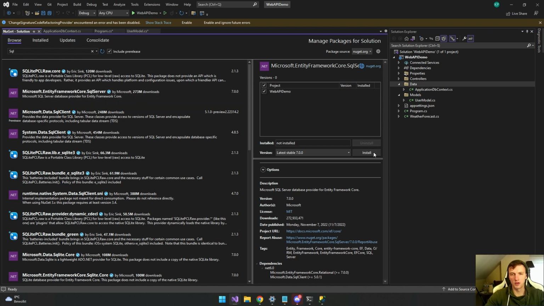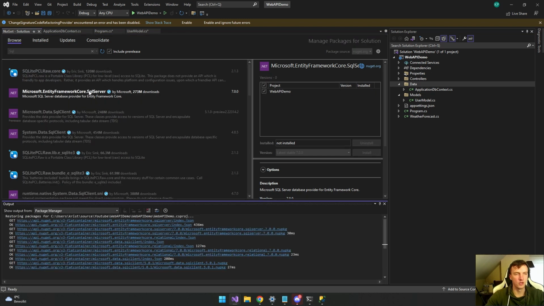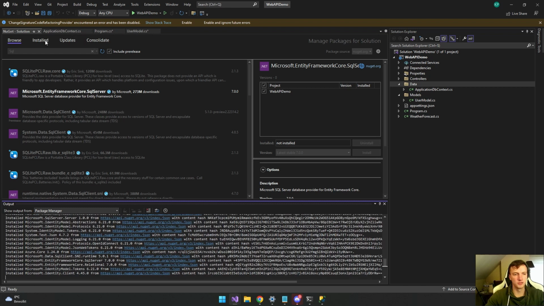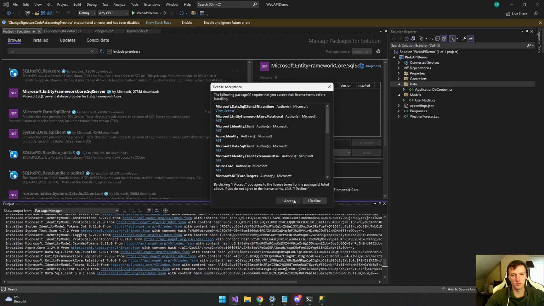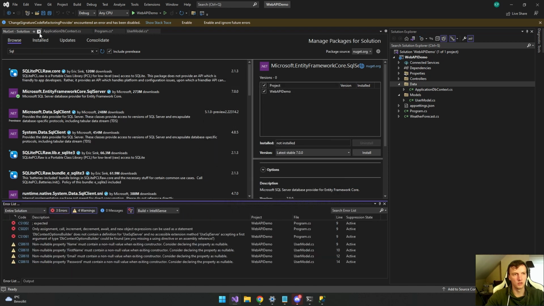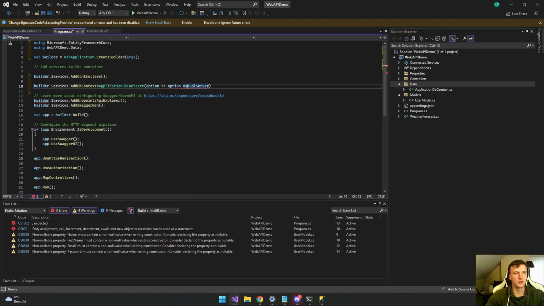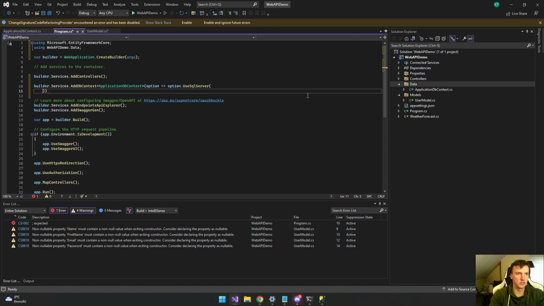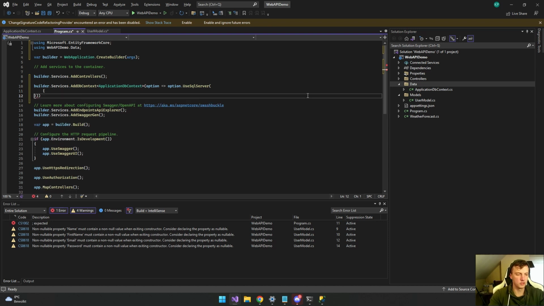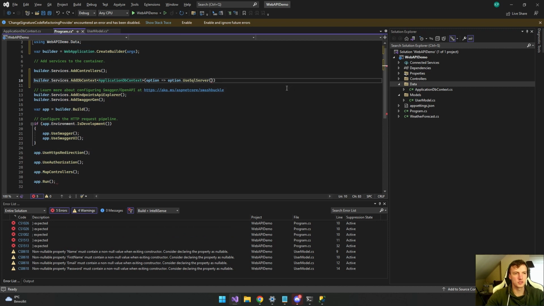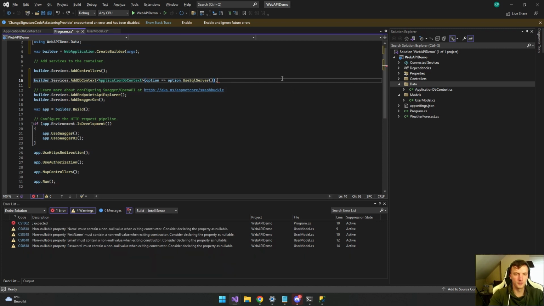One way or another, it will never find it when you do it by quick options. It's very strange because you always need to use it when you do this. So yeah, now you can do quick, and you use the Entity Framework SQL. And now you can say like this. Sorry, that was too much clicking.